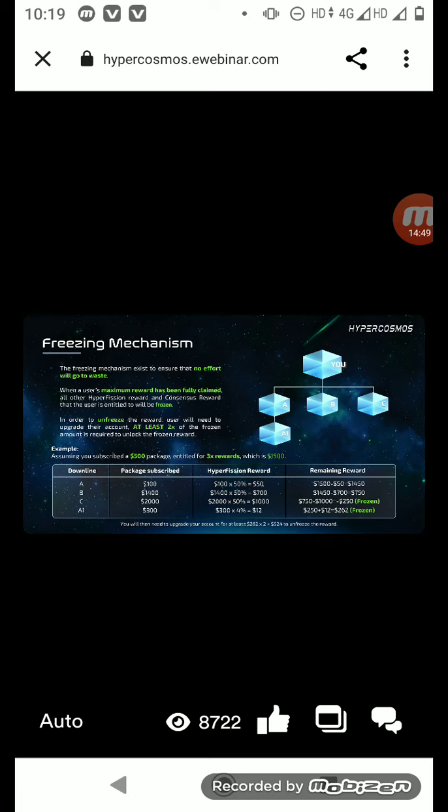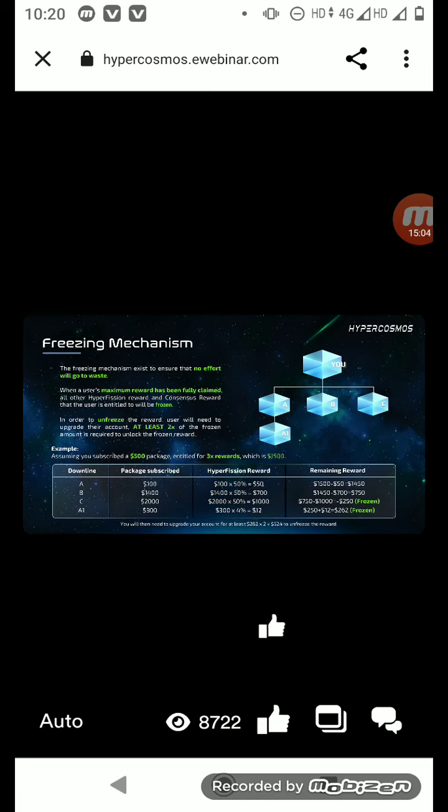Here is an example for you to have a clearer picture on this freezing mechanism. Assuming you subscribe to a 500 package, users are entitled to 3 times rewards, which is 1,500.